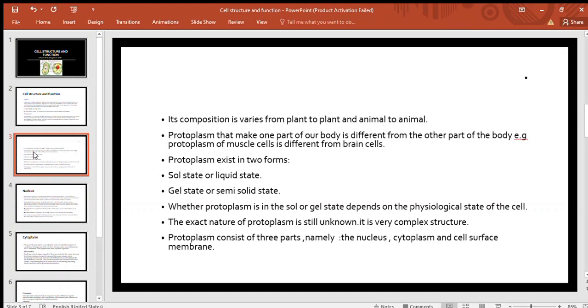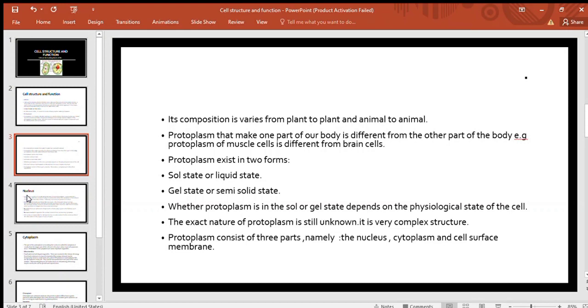Basically, protoplasm exists in two forms: liquid state, or gel state, which means semi-solid state. Whether protoplasm is in a solid or gel state depends on the physiological state of the cell. The exact nature of protoplasm is still unknown. It is a very complex structure. Protoplasm consists of three parts: nucleus, cytoplasm, and cell surface membrane. We discuss one by one